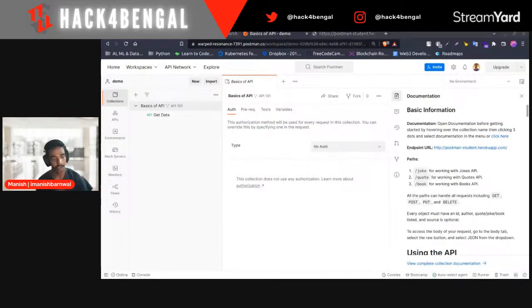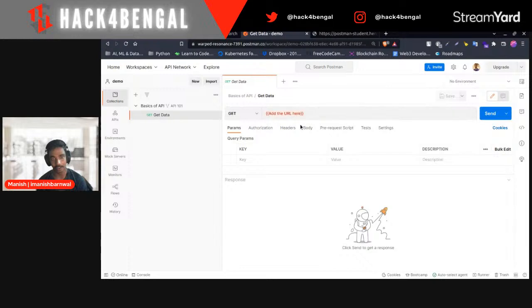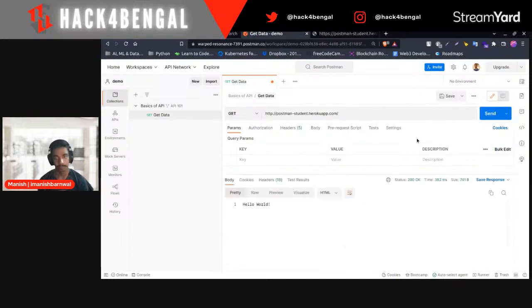I'm also putting it in this. Basically this will be our endpoint URL from where we are going to add, update, put, delete, fetch, whatever. So here we need to put the URL which you have just copied. Just paste it here and click on the send button. Now see what's showing. It's just showing us hello world.